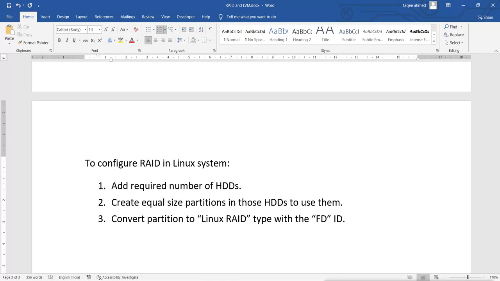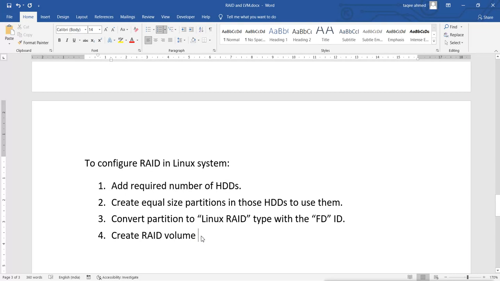Now after creating the partitions, whatever required partitions we have, then what we will do is create a RAID volume. Now, depending on the requirement, I can select the level.